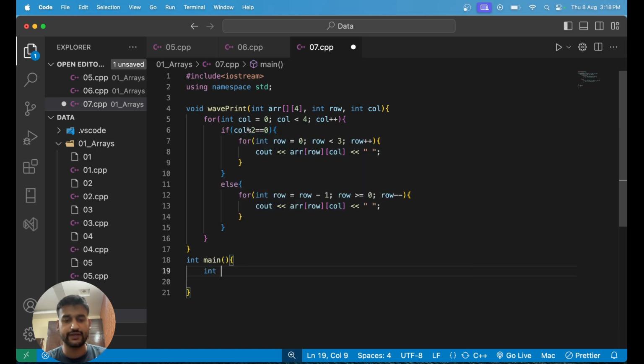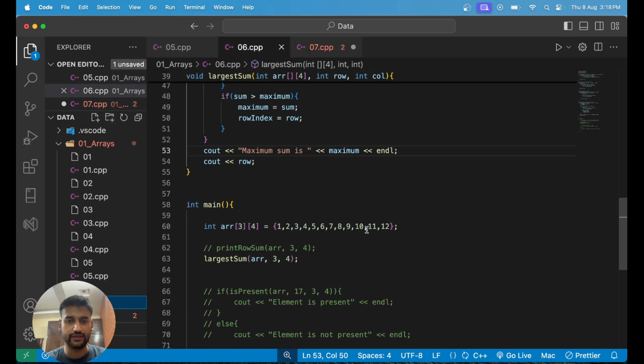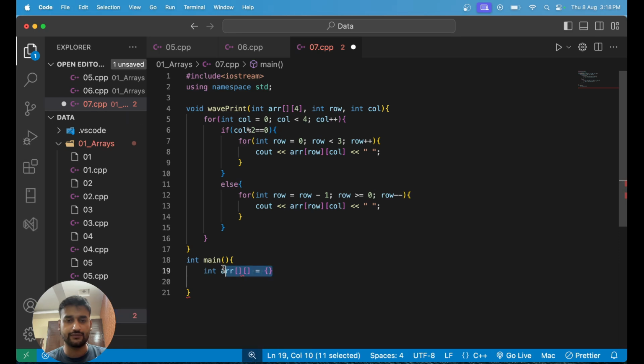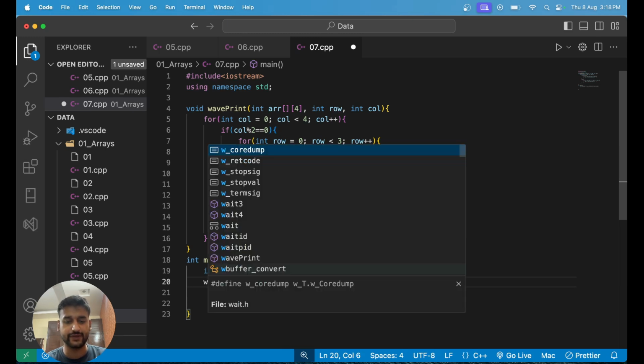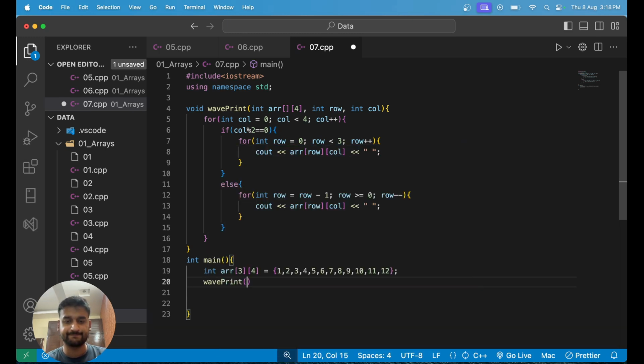So I'm just gonna create a 2D array, and let's give it some values. Let me try to copy it from here only. Let's create the same array over here. So I'm just gonna create this array. Now I will call the wavePrint function. So wavePrint, it is asking for the array, it is asking for the size,